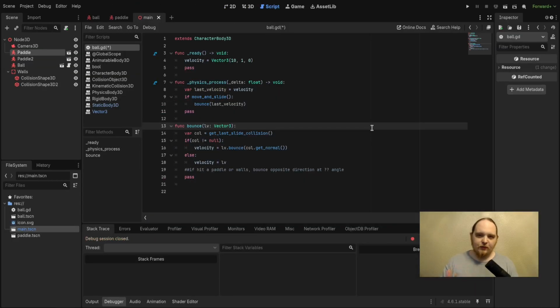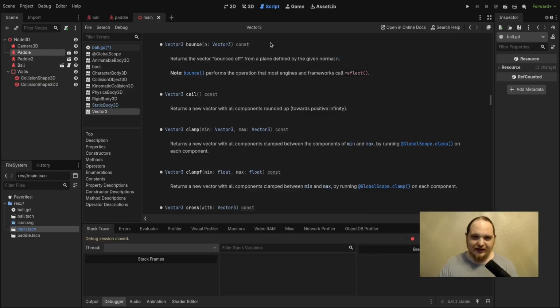But that's desirable for 2 reasons. One is that you want to know if you're passing the wrong types to your functions. It's kind of a big deal and a hard problem to track down. So you want to do this, which is called static typing, as much as you can. Secondly, it lets me control and click bounce to see what the hell it does. Vector 3 bounce returns the vector bounced off from a plane defined by the given normal n. It took me hours to find this,